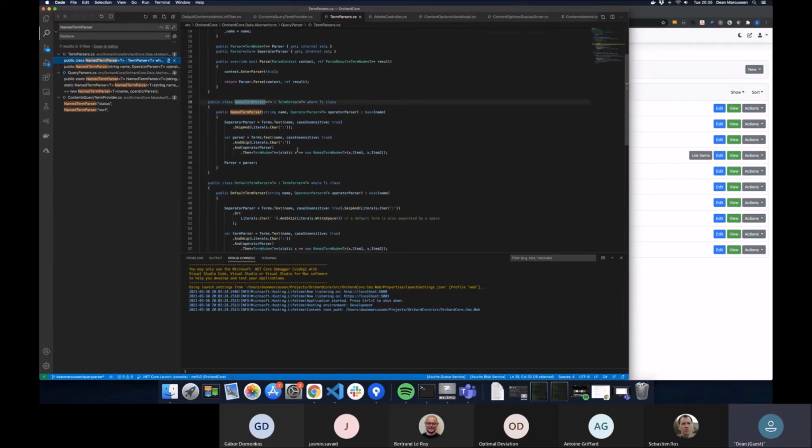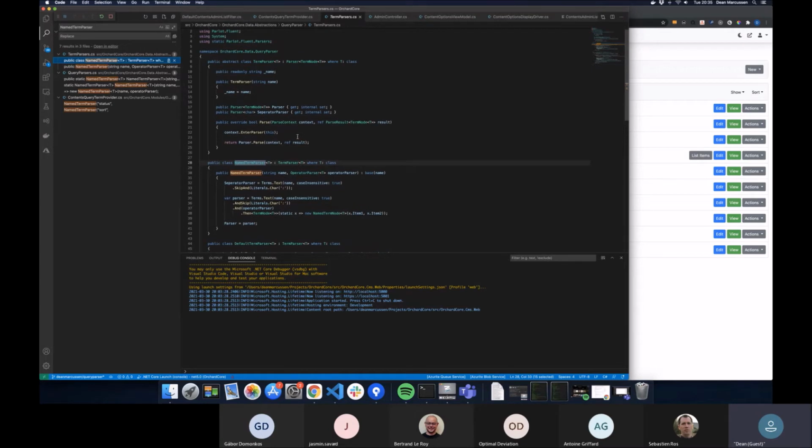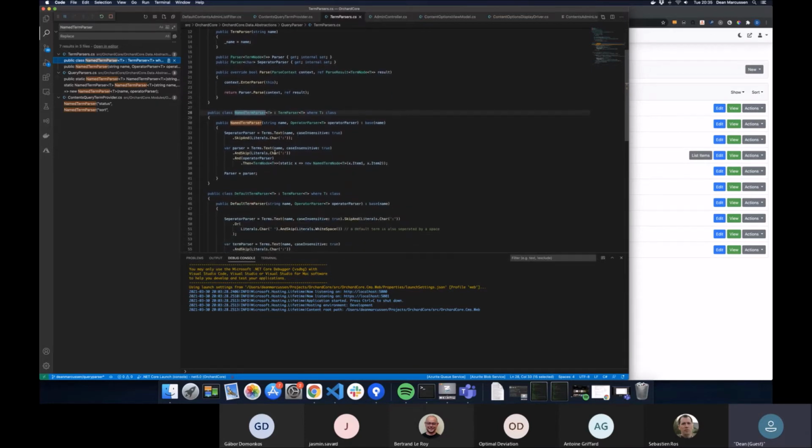Which is this parser here. So using your pilot parsing tool, these are some parsers that I built up on top of them, which then lean on some other parsers that get passed into them. So the term parser,